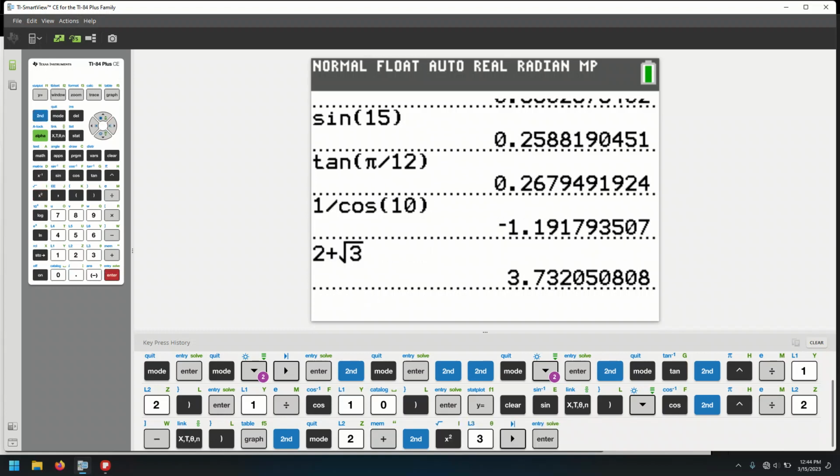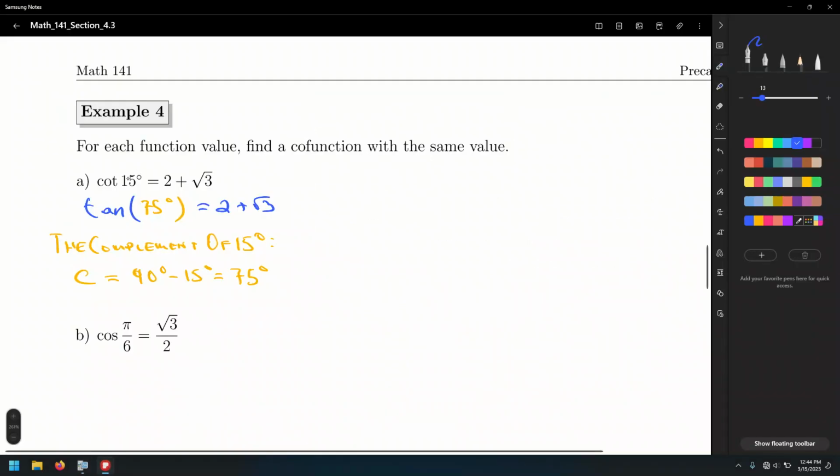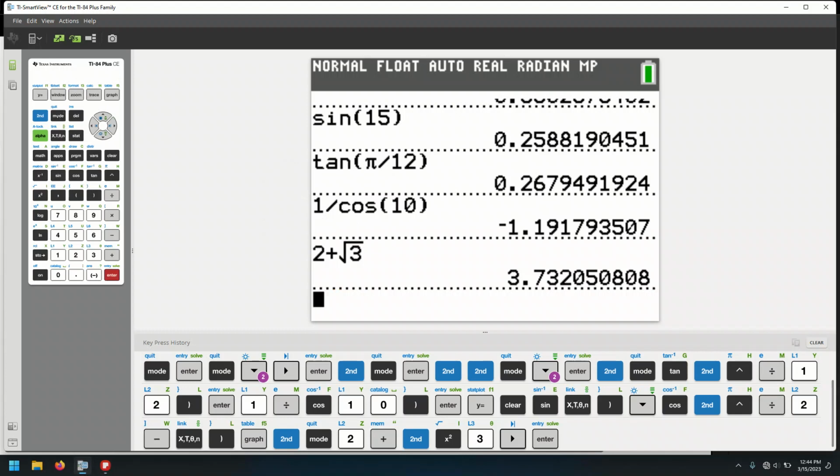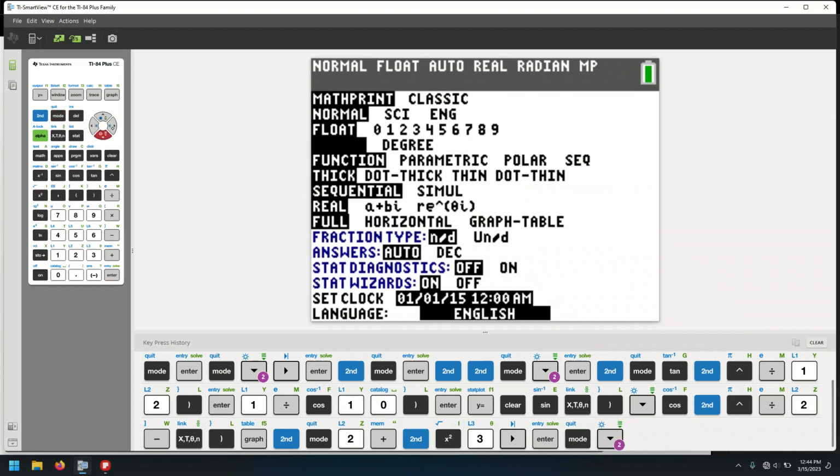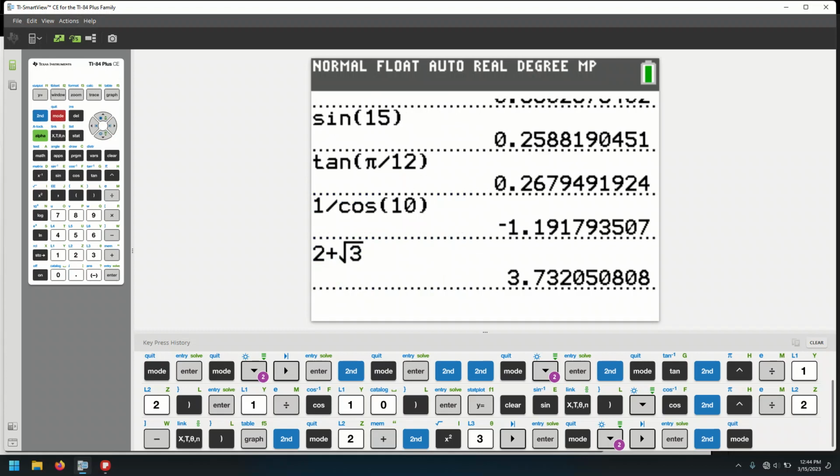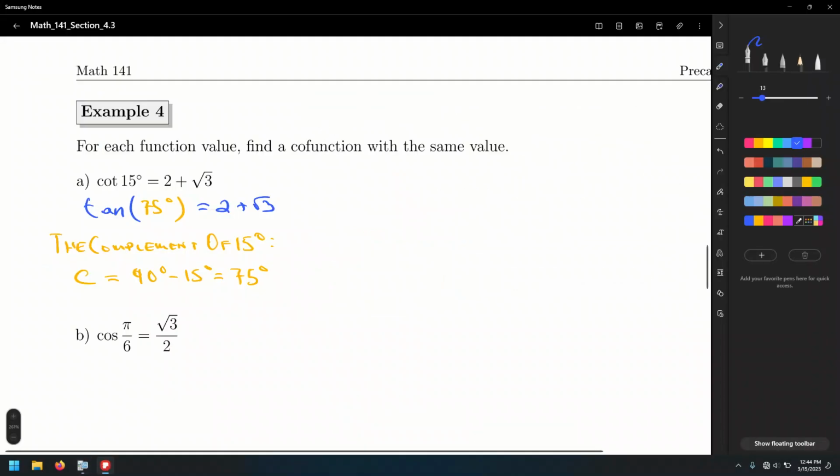It's going to give us a decimal value. Notice the angle is given in degrees, so I'm going to set my calculator to degree mode, click enter, second quit,